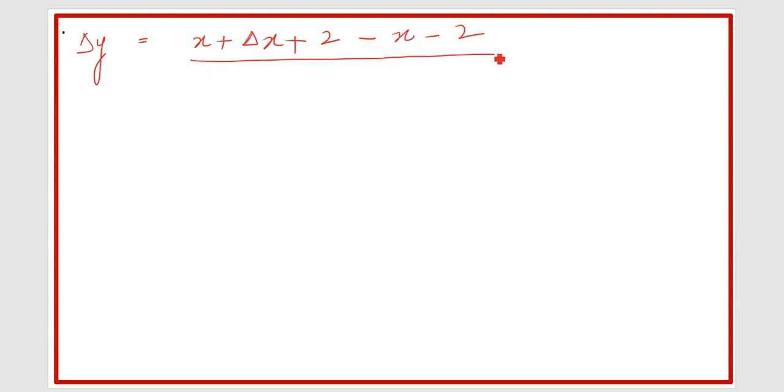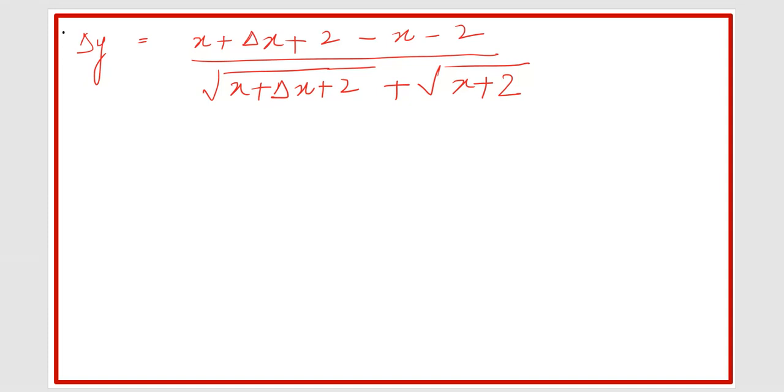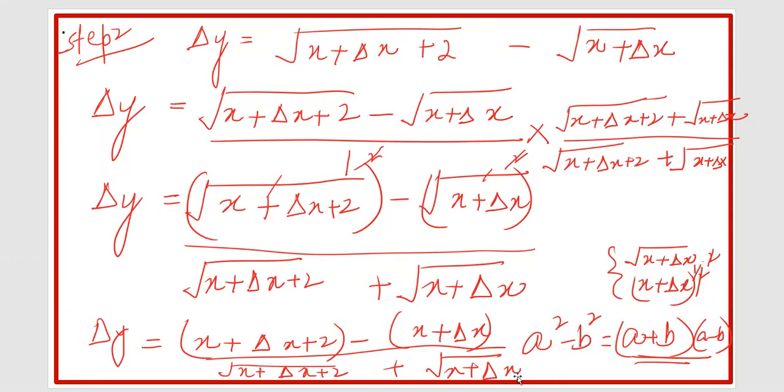So on the left hand side, still we have delta y, which is equal to x plus delta x plus 2, and the negative sign will change whatever we have inside the parenthesis. The denominator will remain the same, square root of x plus delta x plus 2 plus square root of x plus 2. Sorry, I think I have written here x plus delta x, and in the denominator, this one, this is x plus 2 actually.